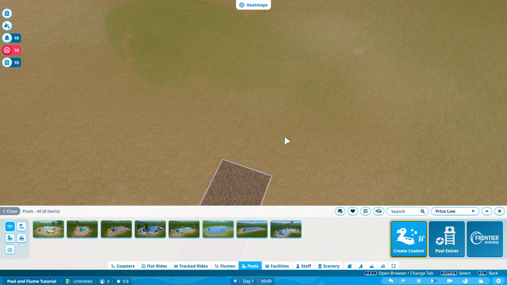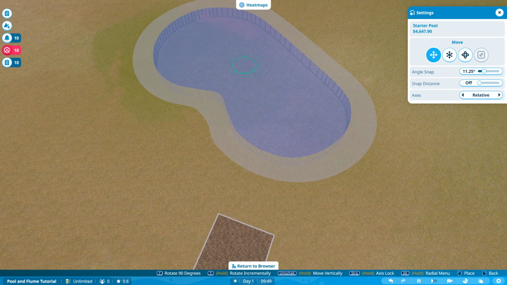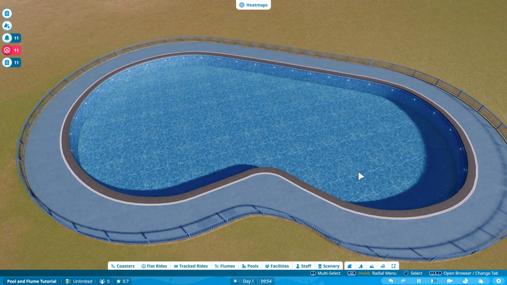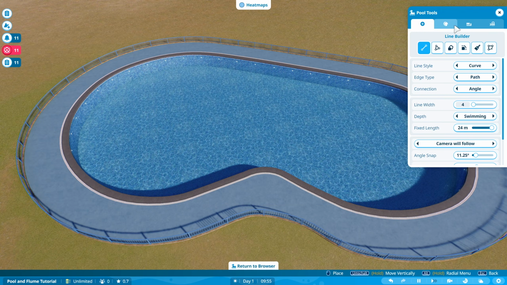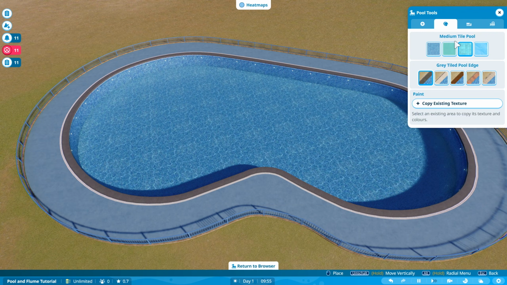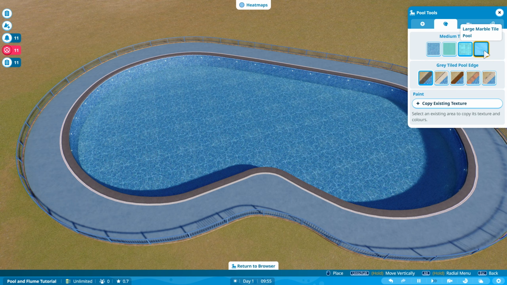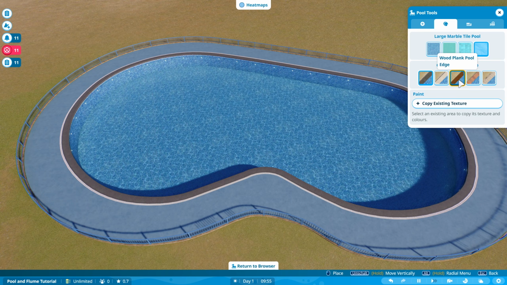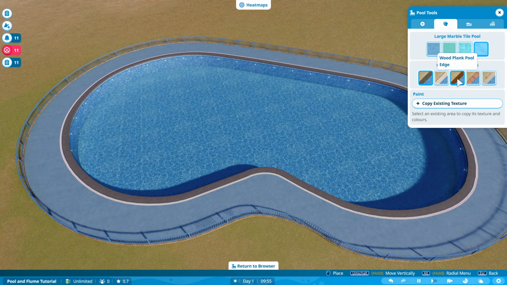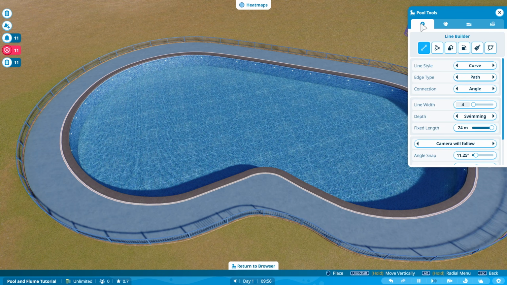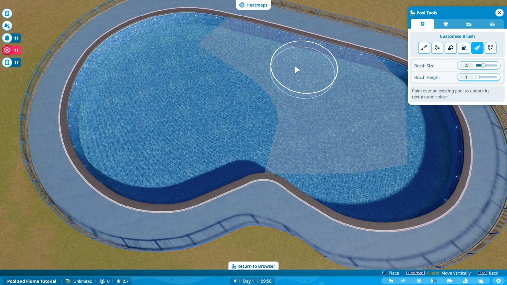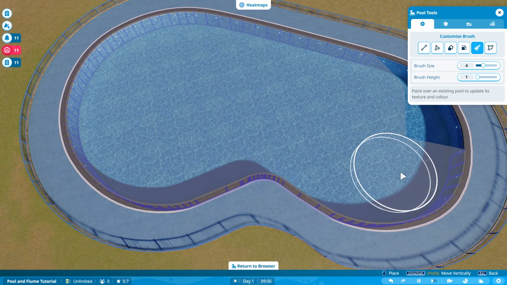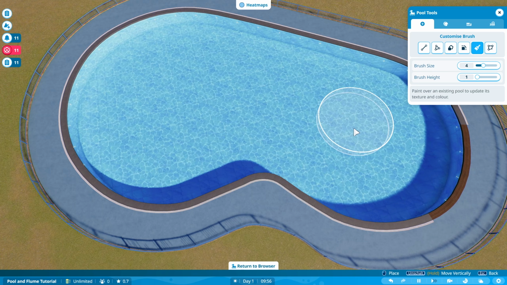The next thing I want to show you is how to customize your pool. For this I place down the starter pool blueprint and I am not happy with how the pool looks. For this I use the create custom and go to the customization tab. I want to have this large marble tile and I want some wood plank pool edges. After this I go back to the pool builder tool and use the customize brush, and now I can go in and select the whole pool area to apply my selected